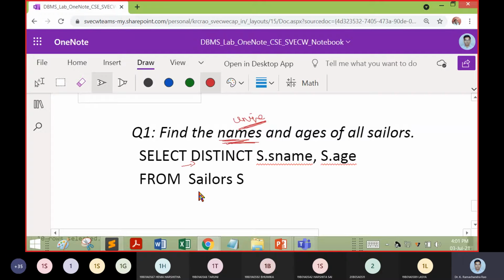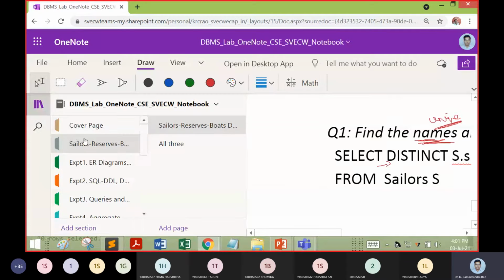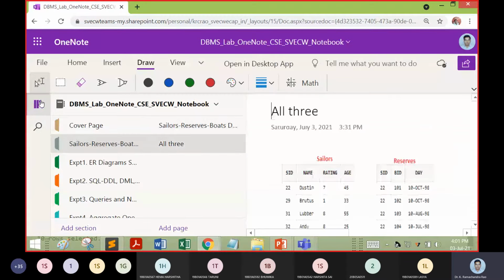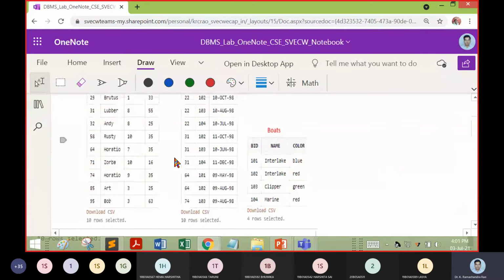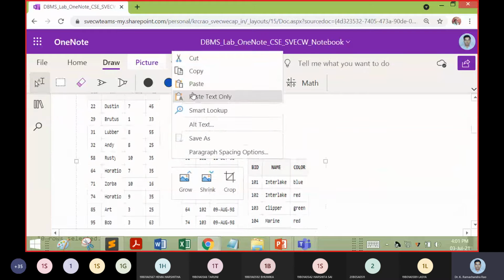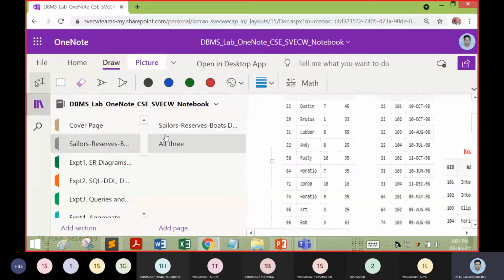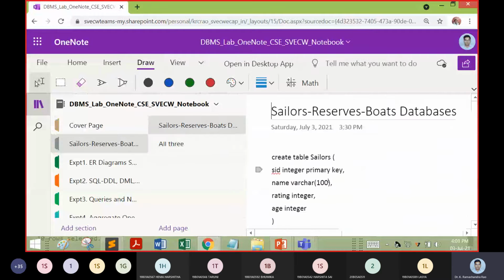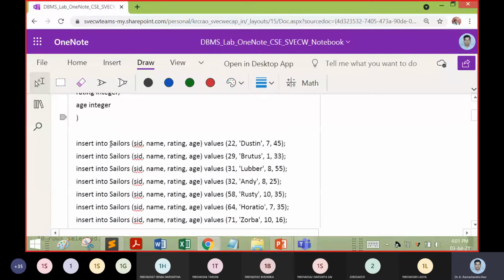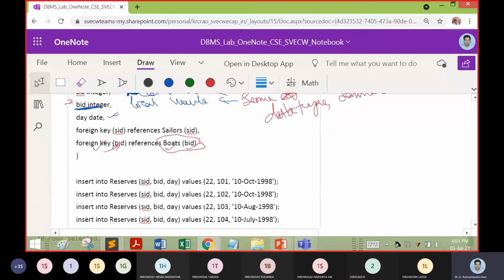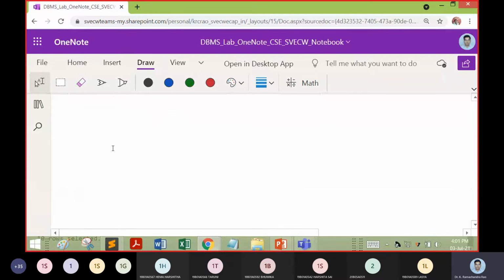Before that, I have taken a snapshot of the three tables for quick understanding, so that we can put it here and it will be useful. There is no need to run or rush when we are working with these three tables separately.